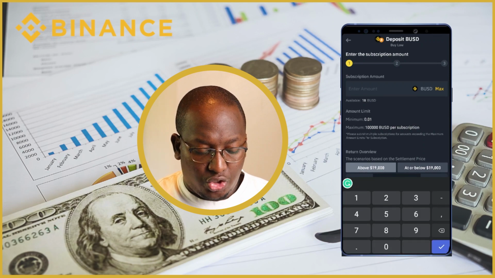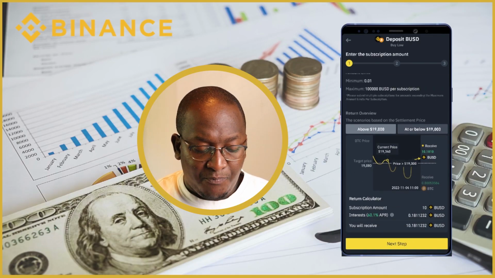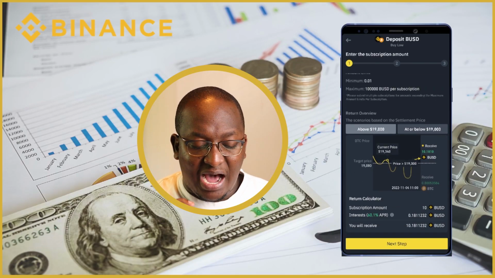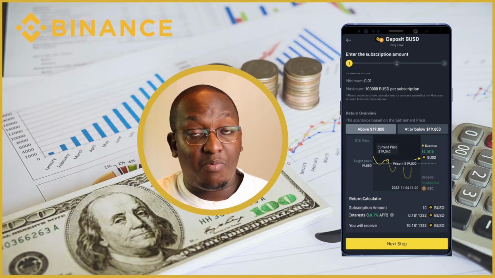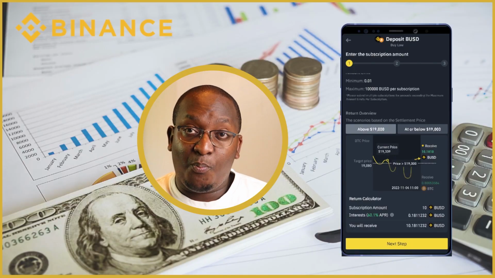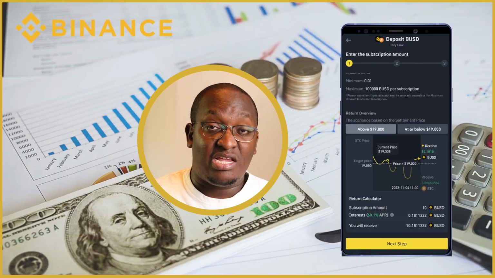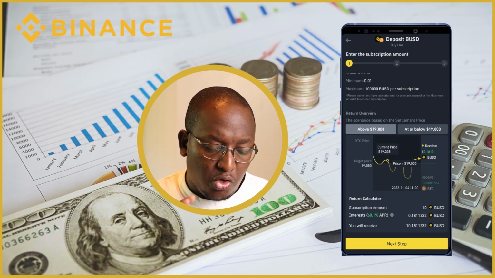So what we'll actually do here is I want to buy $10 worth, and what you'll see here is if the price will be above 19,000, meaning that the target price will not have been reached, I will get an additional 0.18 BUSD on the 4th of November, which is in about a week, and then I'll receive my 10.18